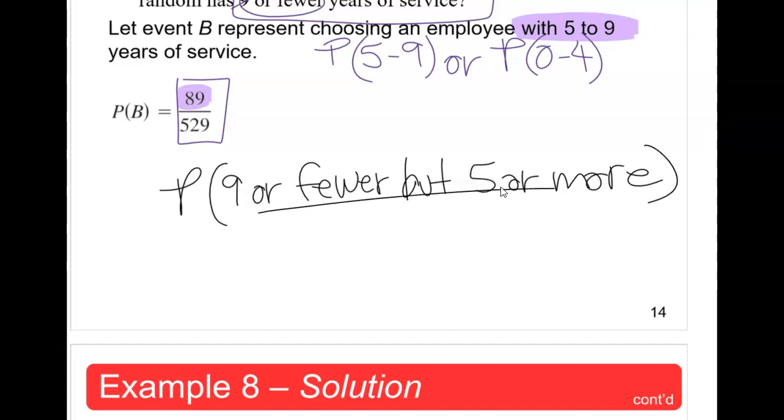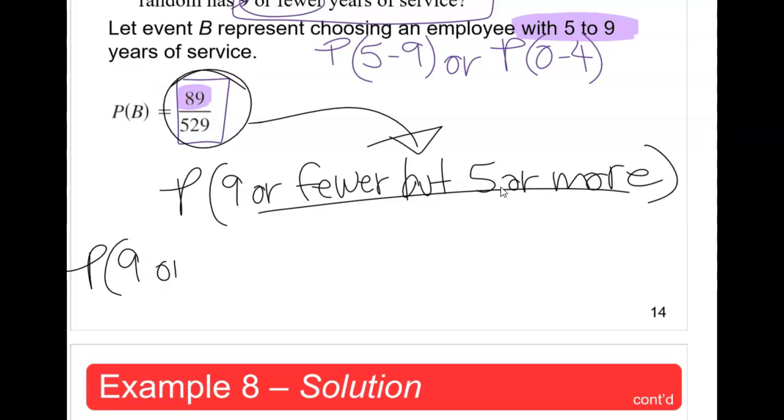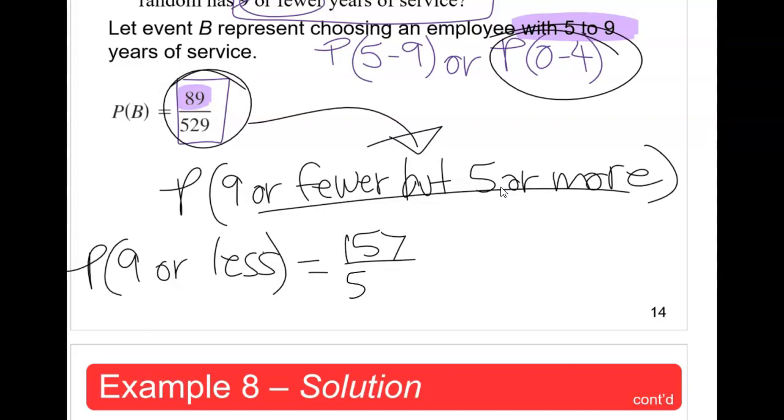So to me, that's what the answer here, 89 over 529, should be the answer to this question. Well, I'm going to make my own question. So if the question was the probability that an employee has 9 or less years working there, then it will be the 157 from this category 0 to 4 over 529 plus the